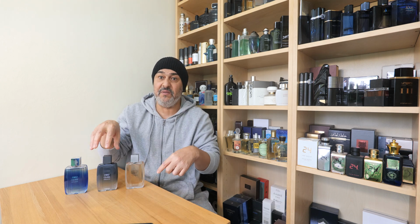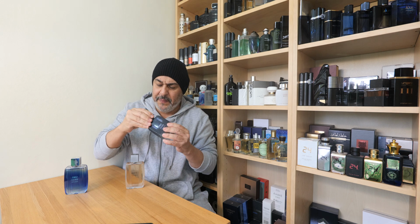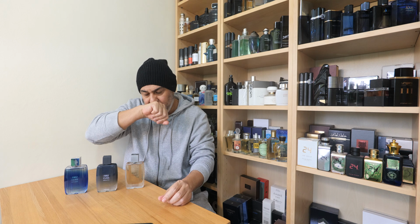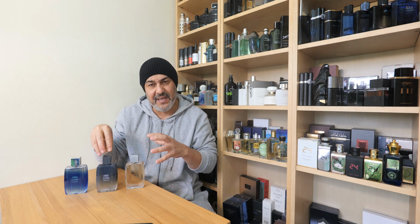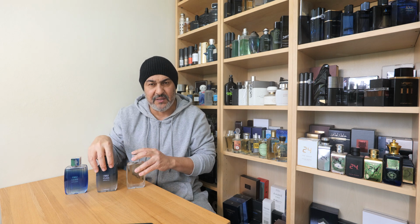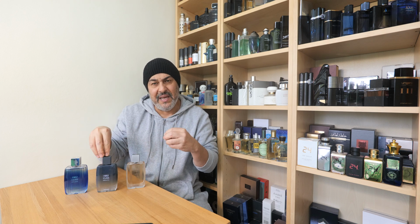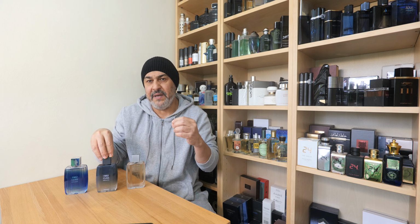So this one is similar to the first one, but they made it a little bit more sophisticated, a little bit more depth. This one is beautiful, but it is a little bit deeper, if you like, and also a little bit fruitier. But they are quite similar. I would say about 60 to 70% similar, but this one has a little bit more fruitiness to it, and in a way, again, it reminds me a little bit of